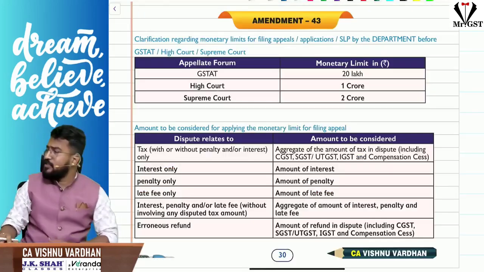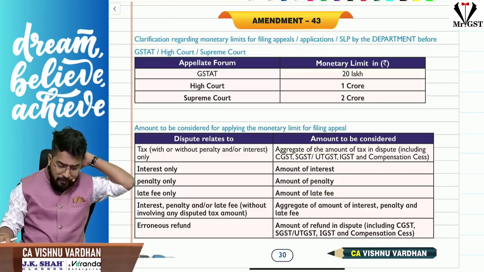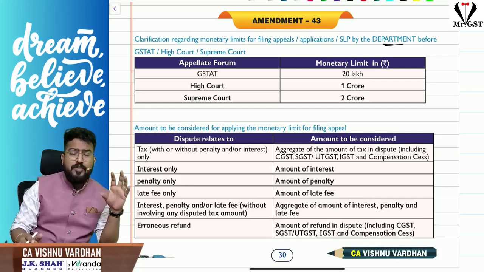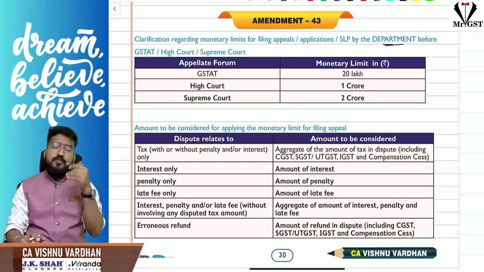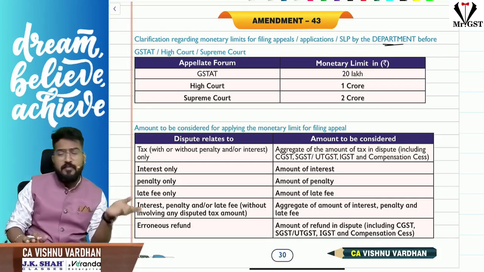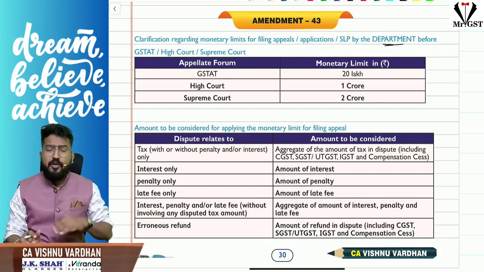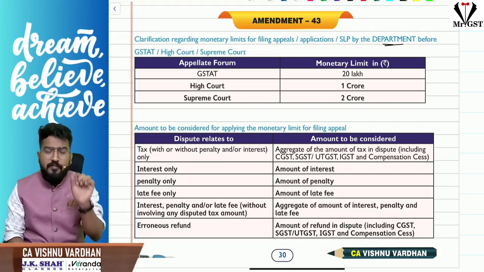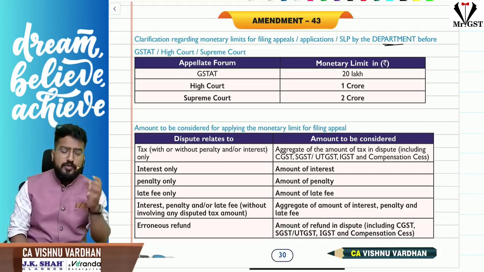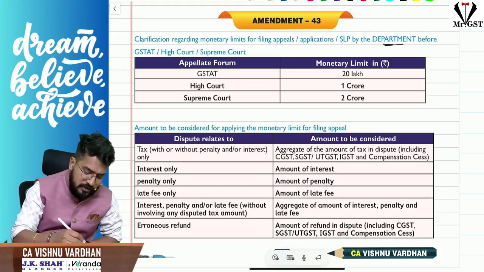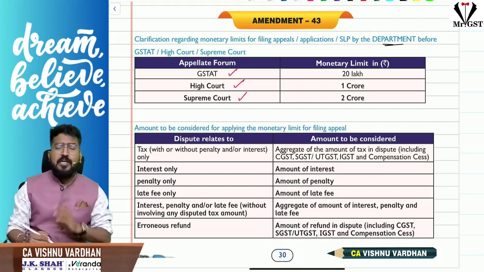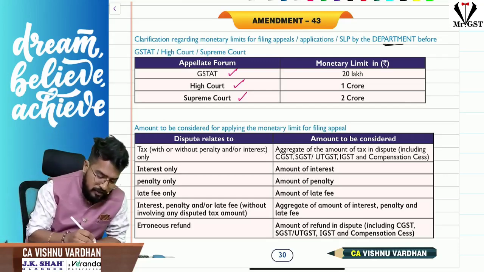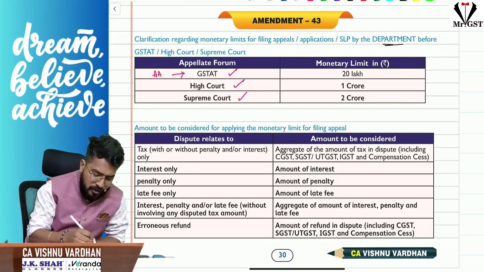Now the next one is with respect to the monetary limit for filing an appeal. See, the department wants to file an appeal against any order which it did not like. Maybe the order is given by the adjudicating authority, the GST appellate tribunal, the High Court or the Supreme Court. So when the department wants to knock the doors of these forums, whether the GST appellate tribunal, High Court or Supreme Court, if the department wants to file an appeal against the order of the adjudicating authority or